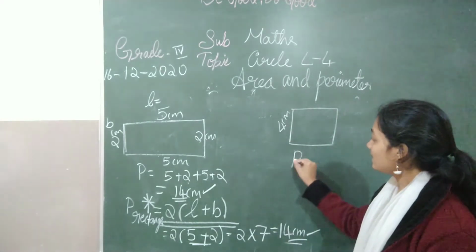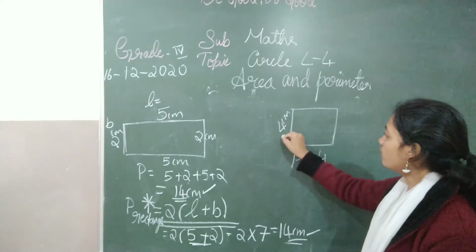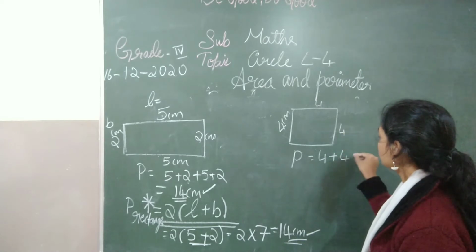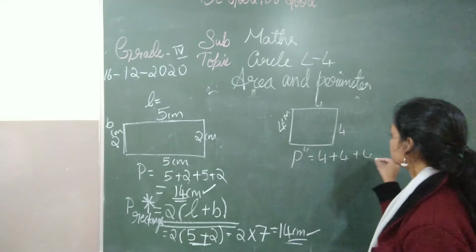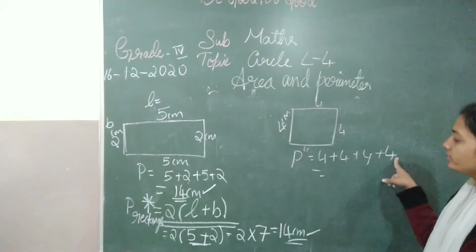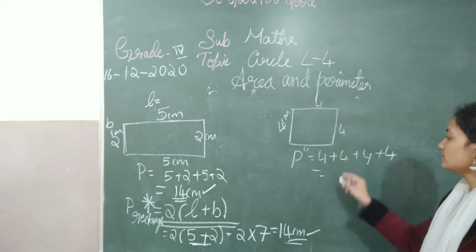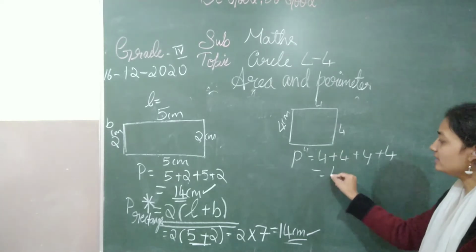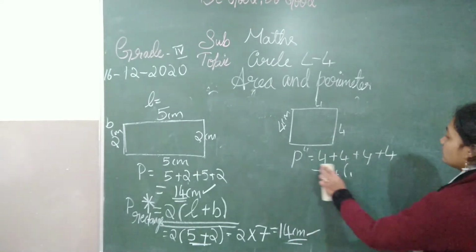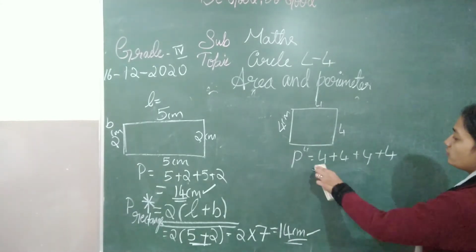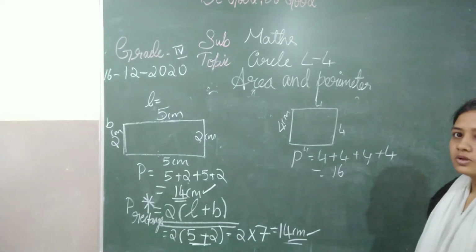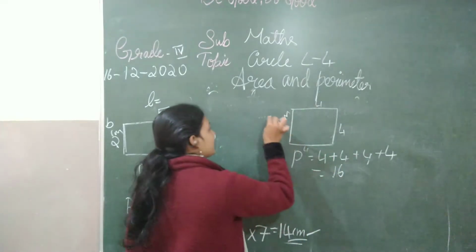So I can say perimeter is equal to 4 here plus 4 here plus 4 here and plus 4 here. When you add 4 times, you get the perimeter. That is nothing but 4 times the side of the square. First, let me add and show you. 4 plus 4 plus 4 plus 4 is 16. If I consider this side as S,